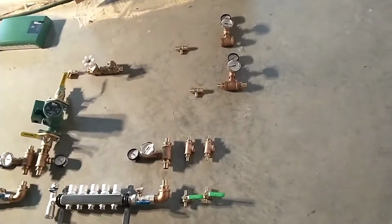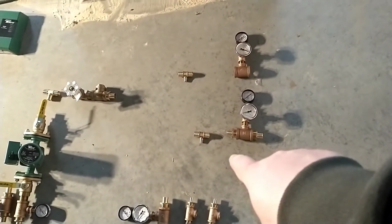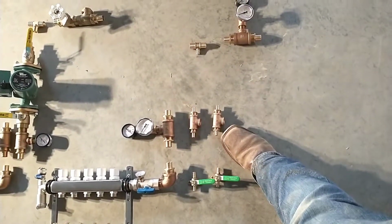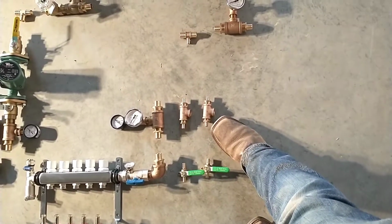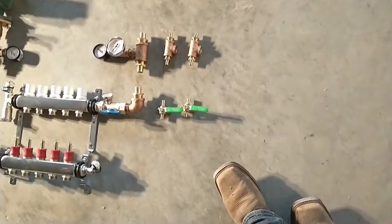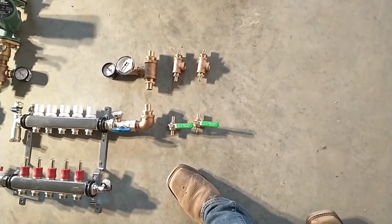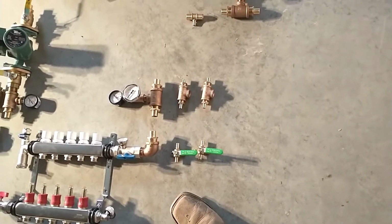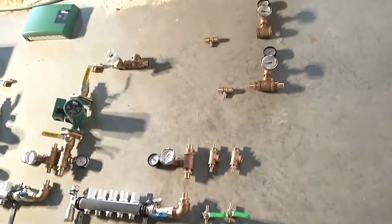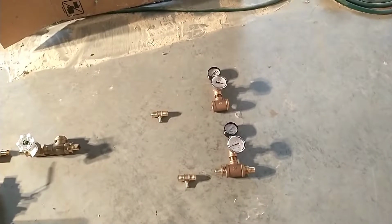But so we'll come in through those 2 T's with the 1/2 inch drop on those. We'll go down to these. I'm apparently missing a T to do my temperature and pressure thing again the same way, and then 2 just ball valves. What those are for is the circuit that goes out to the driveway for ice melt at some point. For quite a while now, they're just going to be shut off. I don't even have the driveway poured, but I've got it plumbed up. Anyway, coming along,